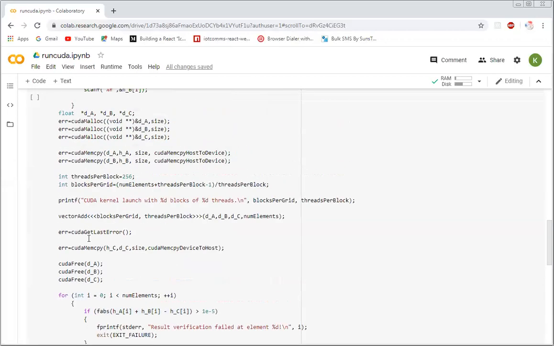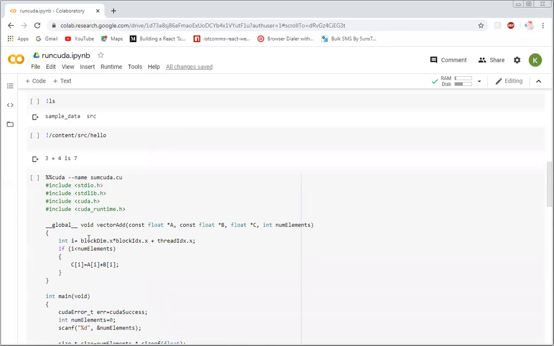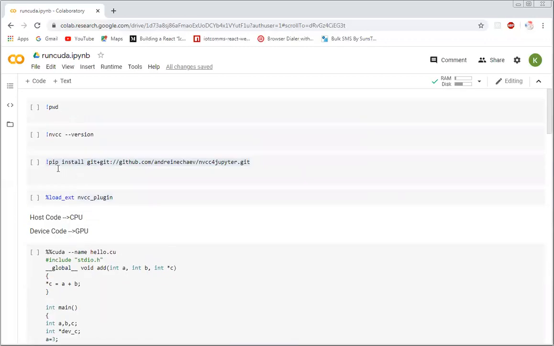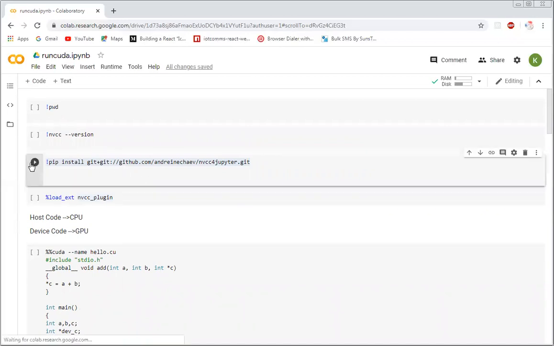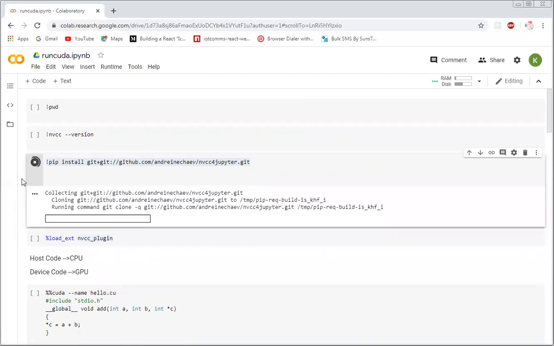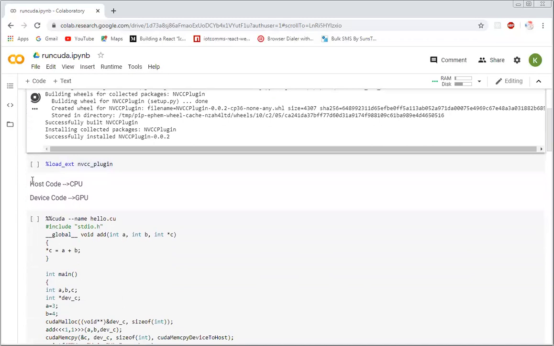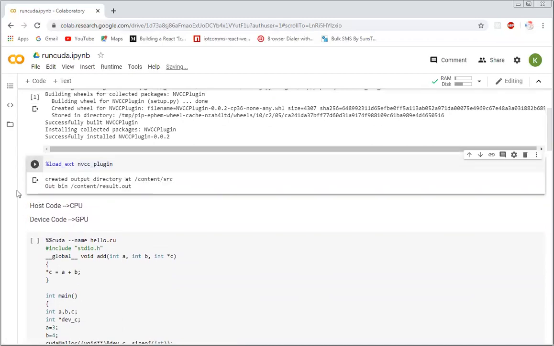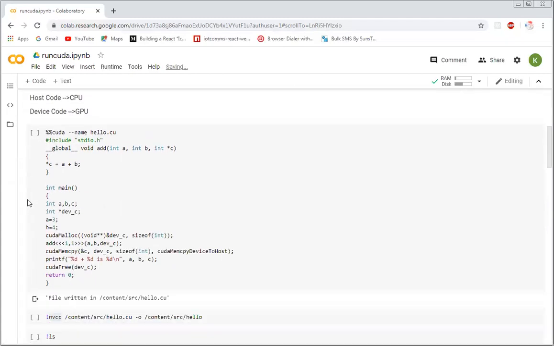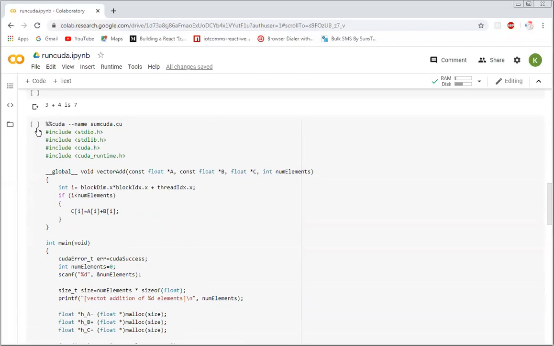Now we can execute it. For executing, we have to start it again from here. Every time we will have to install this thing here. Once it is successfully installed, we can load the plugin. We want to execute the second program, this one.